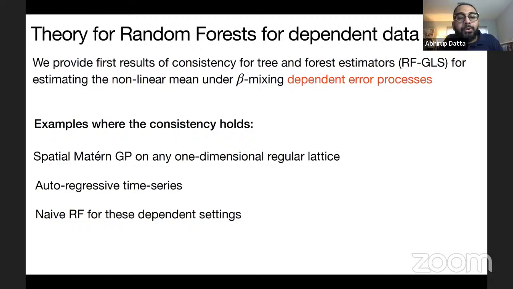And we were also able to show that the naive random forest, where you ignore the spatial covariance, is also going to be consistent, but it's an inefficient estimator. It's the same way the ordinary least squares is consistent under dependence, but it's inefficient. So we see the same thing here, that the naive random forest is consistent under these dependent settings, but in our data analysis, we always see it performing much worse than the spatial random forest.